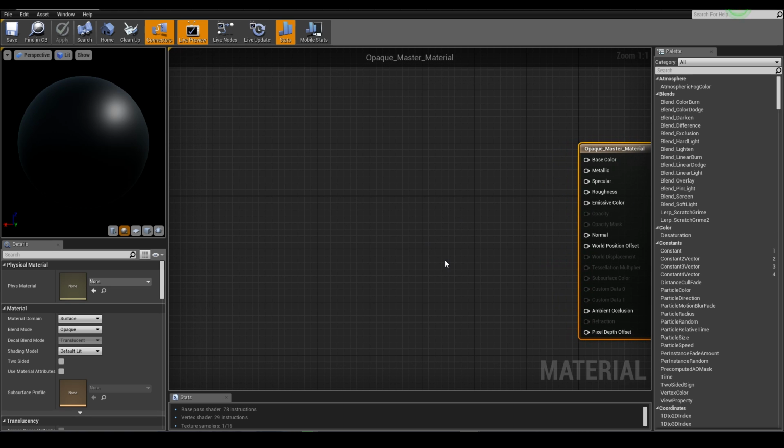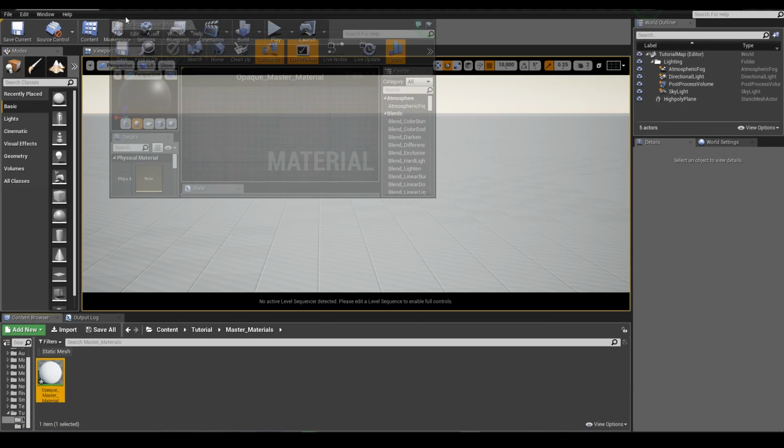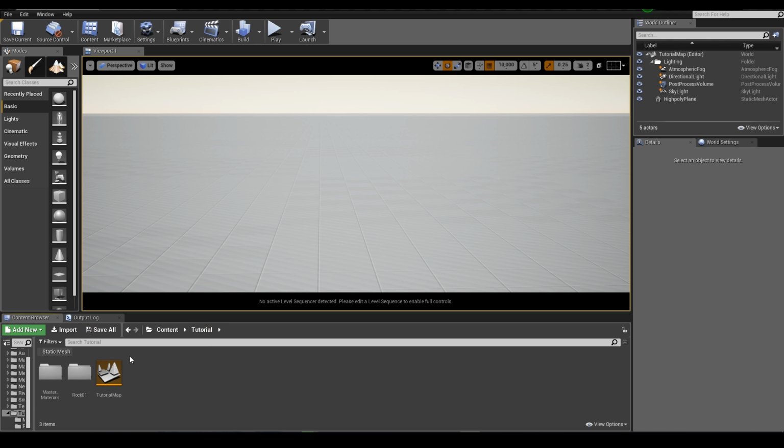So for this basic setup, we basically need to connect our albedo texture to our base color, our roughness texture to our roughness slot, normal to normal slot, and then we also have our cavity map, which we multiply over our base color. So to quickly go over the map types and what they are, if you're new to this,